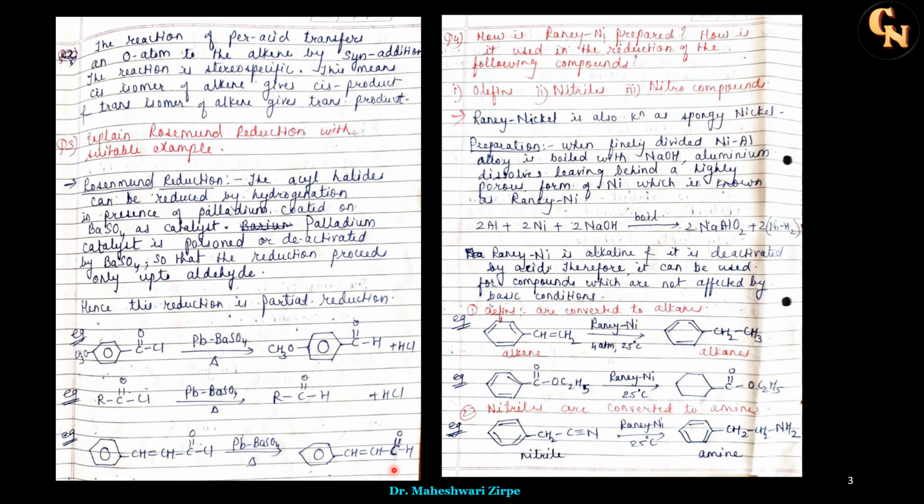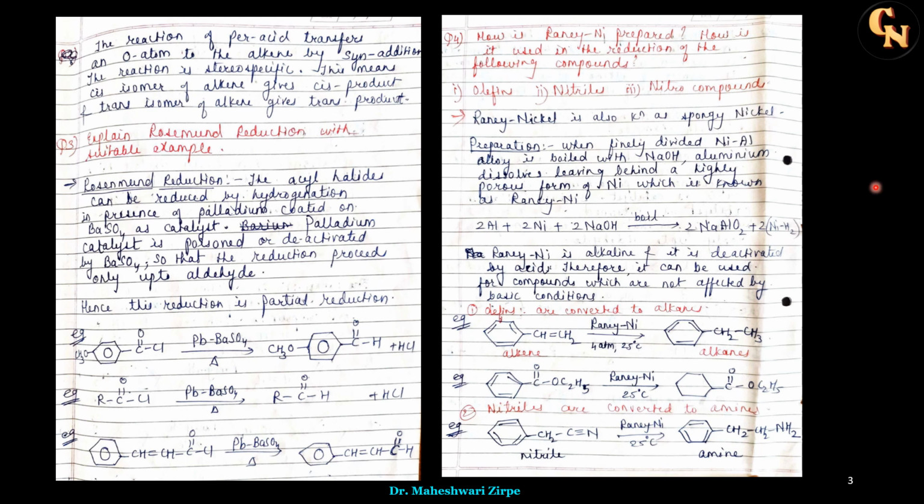So now the next one: how is Raney nickel prepared? How is it used for reduction of the following compounds? The first one they asked about is olefins. Then next is nitriles. And third we have to show the use of Raney nickel for nitro compounds. So let us see what Raney nickel is. Raney nickel is also known as spongy nickel. So it is a spongy nickel,